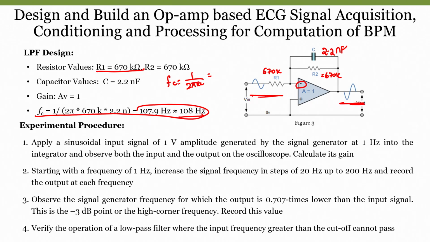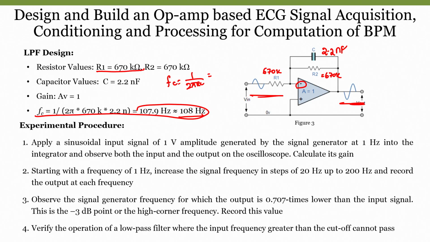Now, how do we know the circuit works? If I want to understand the circuit, I should look at whether it is cutting off at that particular frequency. I would need a frequency spectrum, but connecting it to a frequency spectrum analyzer will be very expensive, because the equipment itself is very expensive. So, what we can do is visualize whether the designed filter is cutting off at that particular frequency in a CRO itself. We can compute the same thing in our laboratory too. How do we do that?